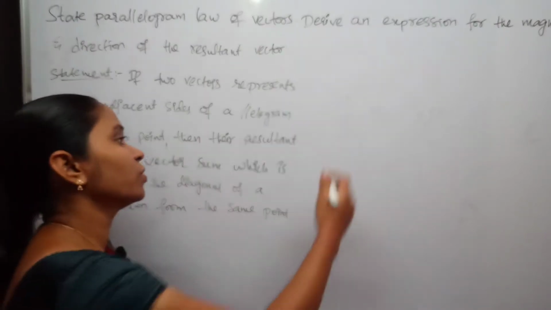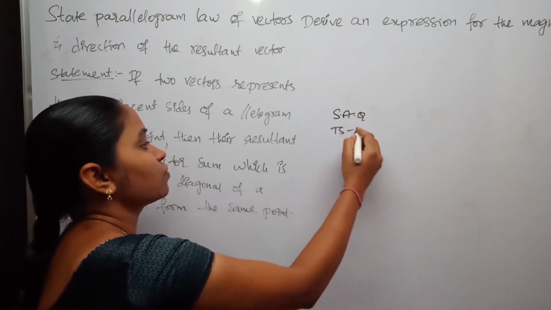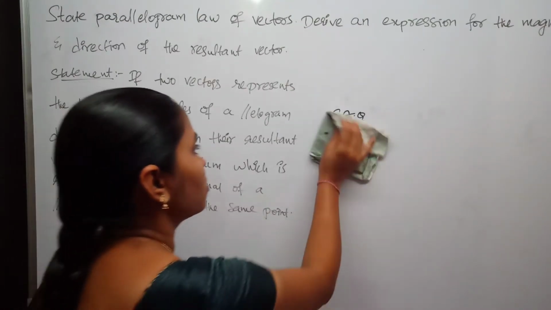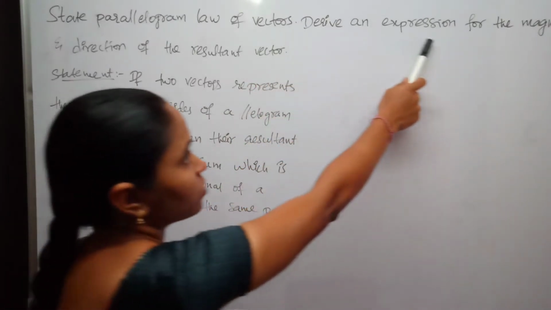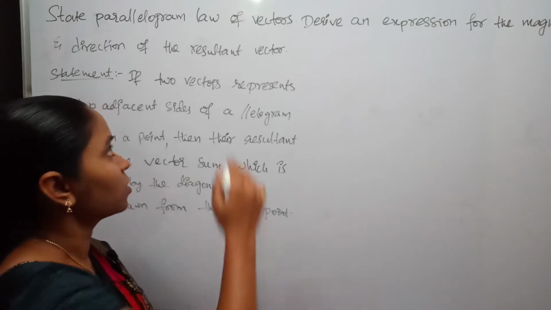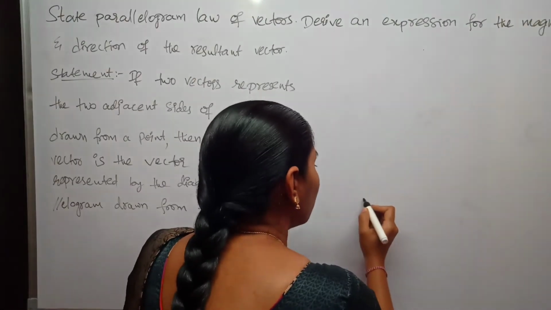In this lecture I am going to explain one more important short answer question for your TS first year intermediate IPE physics examination. And the question is: state parallelogram law of vectors, derive an expression for the magnitude and direction of the resultant vector. Okay, for this purpose I am considering two vectors,